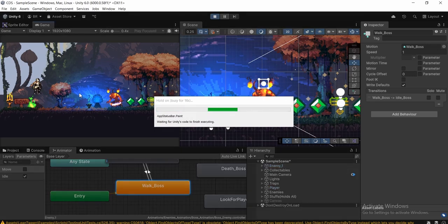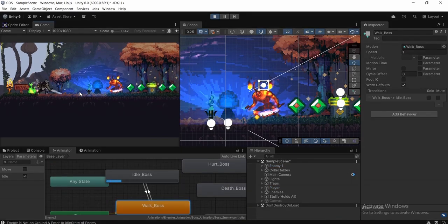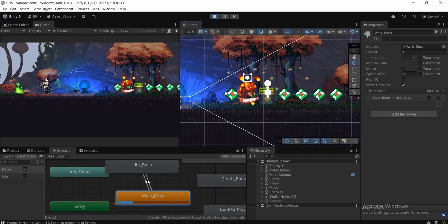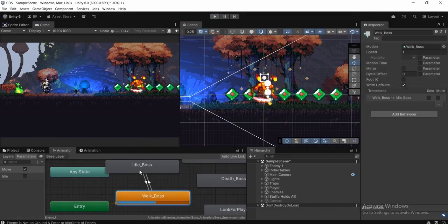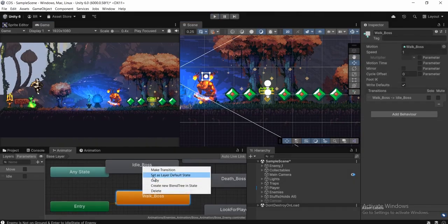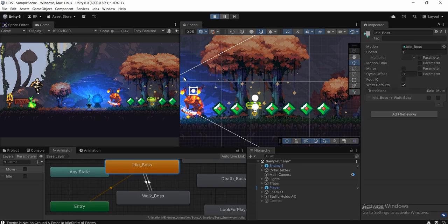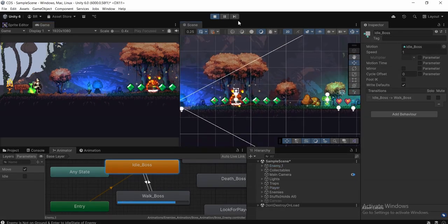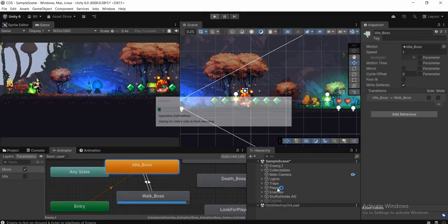And we're going to take a quick look at this. So now let's see, it's still playing. I don't know, it flips to the right, so we have made a mistake. So I'm going to leave it idle boss set as layer default, and let's check it out. I don't know, this enemy just flips. Basically we have made some mistakes, but I'm going to get out of play mode,